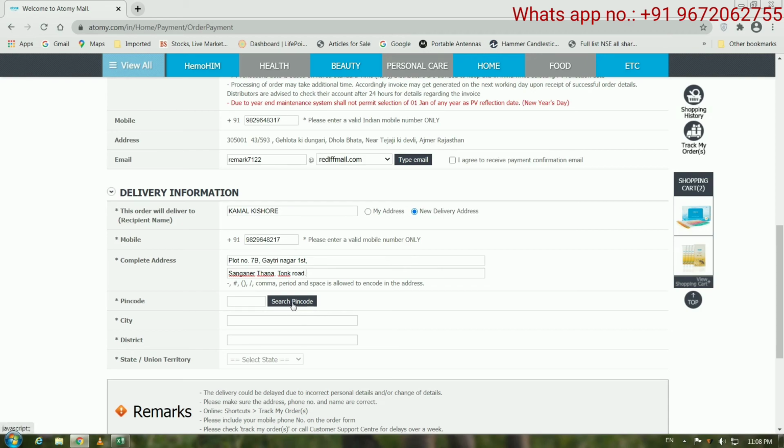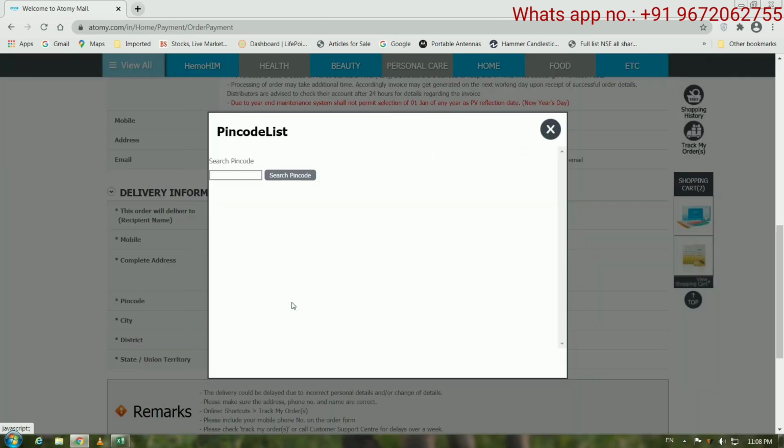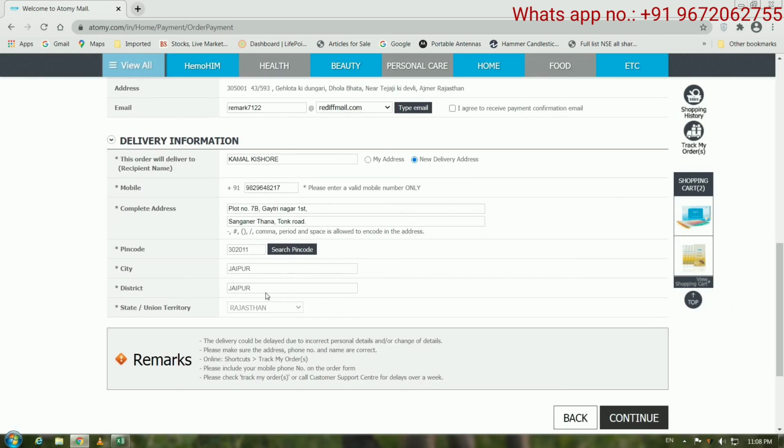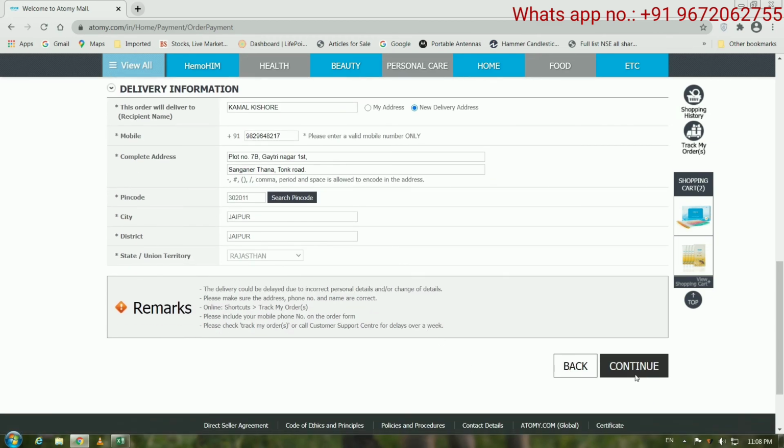Now here you have to enter your PIN code. To do that, you have to click on the search PIN code button, and here you have to enter your PIN code and then select the city, and here will automatically appear the name of your city, district and your state. Now you have to click on the continue button,